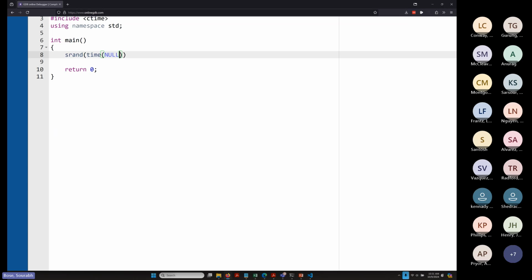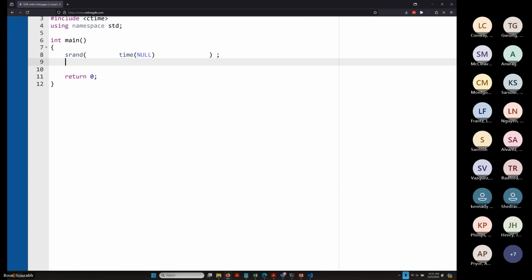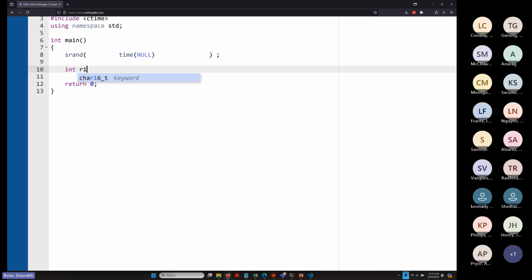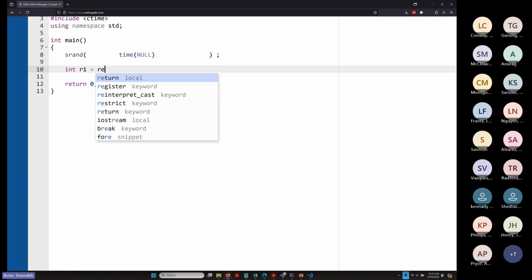So basically these are two function calls. First I'm calling time to get the current time and passing that value into srand like this. And then we can just say int r1 equals rand,